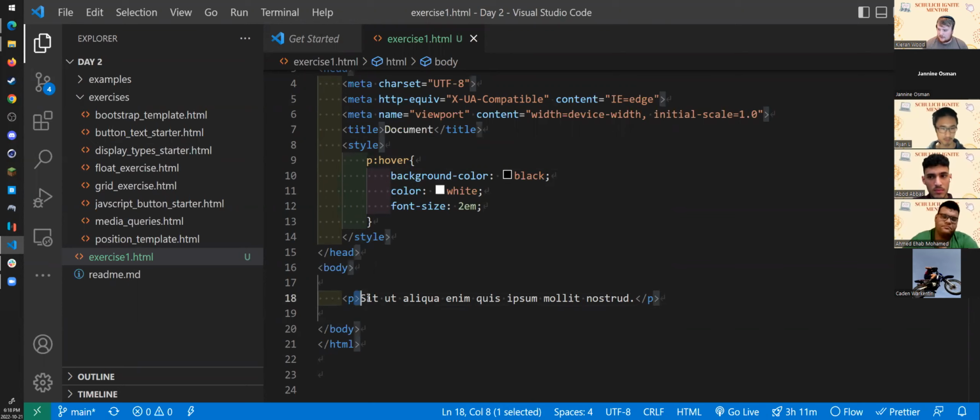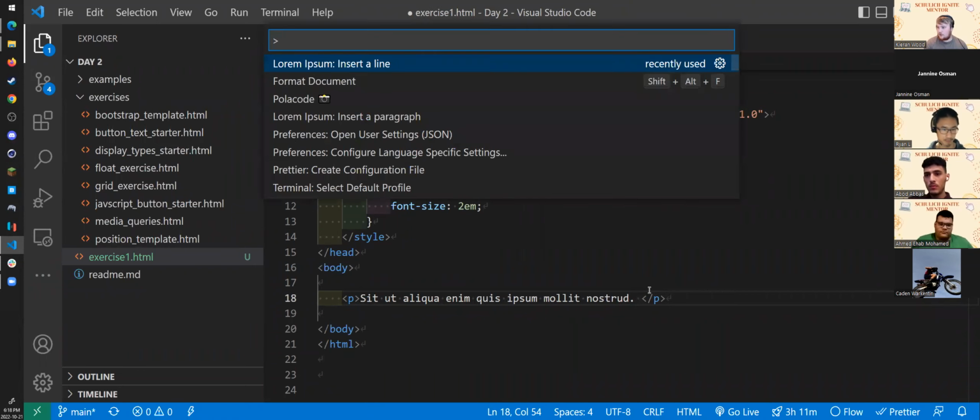Also, if you have seen this, it's what's called lorem ipsum, which is basically just some text that'll often be used in place of regular text to show what regular text would look like. If you ever want to use some of this and have it generated for you in Visual Studio Code, you can press Control, Shift, and P, which will open up